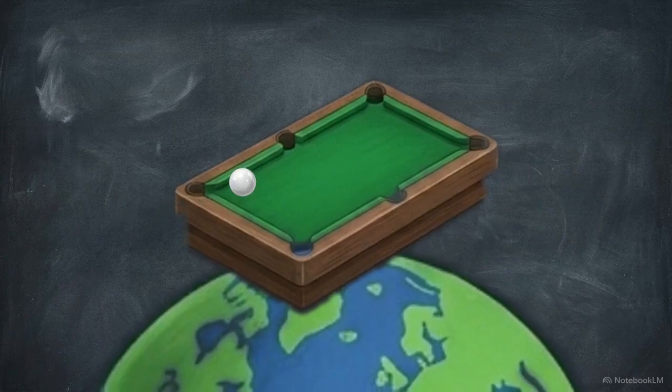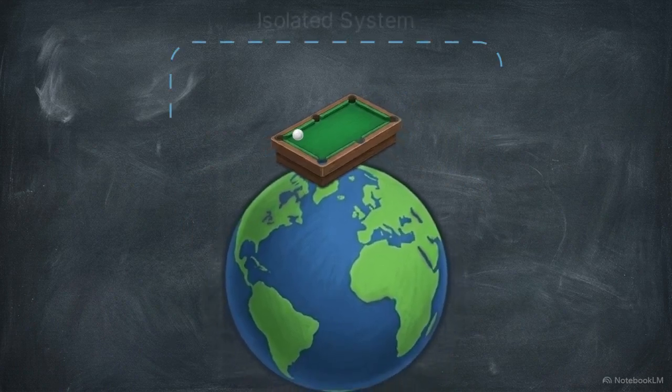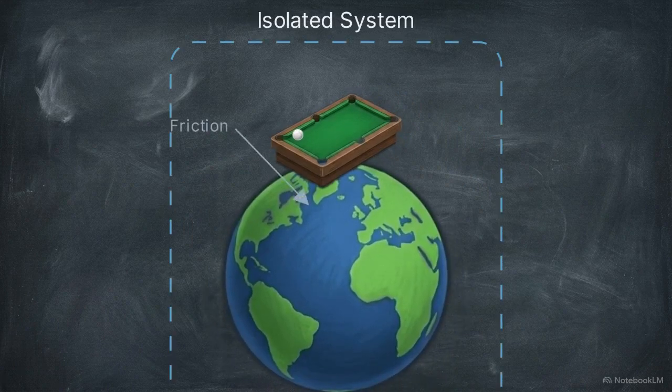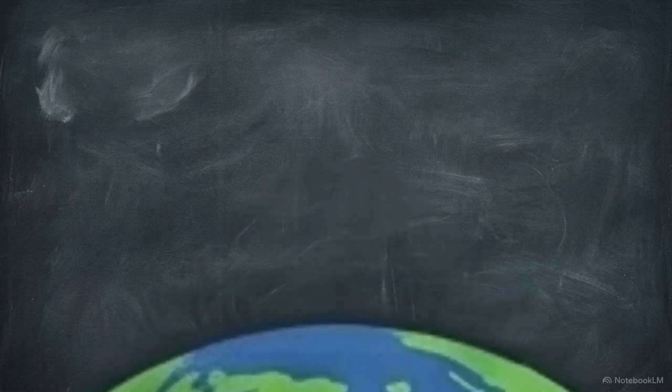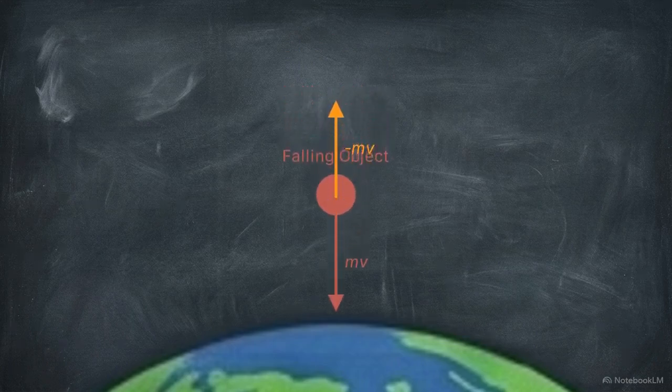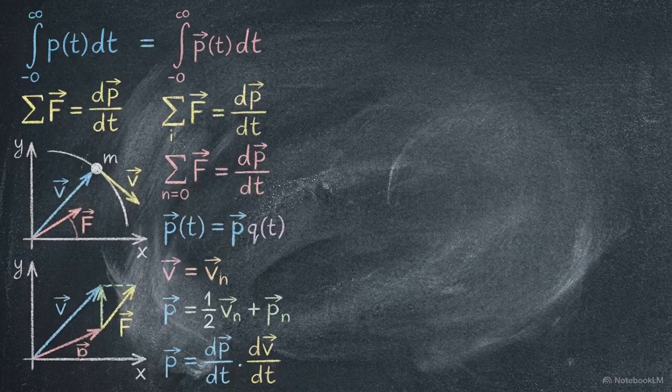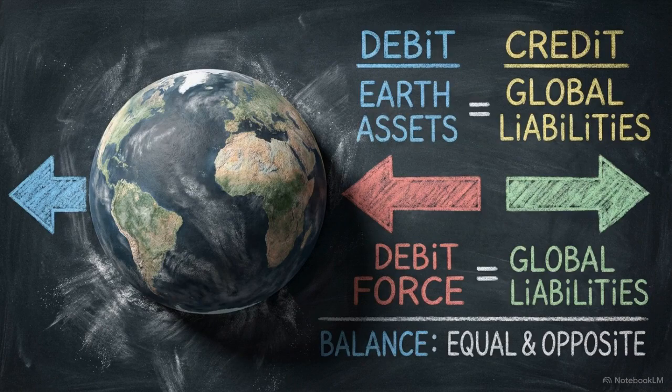Zooming out, this diagram resolves the discrepancy by expanding the system boundary. The billiard table is anchored by friction to the Earth. When the ball reverses direction, the entire mass of the planet recoils, absorbing the change by gaining an infinitesimally small vector in the opposite direction. Gravity enforces this exact same dynamic. As an object falls and gains downward momentum, the Earth gains an equal upward momentum to meet it, keeping their combined vectors perfectly balanced at zero at every instant. Whenever momentum shifts, the universe strictly balances the ledger, even if it requires moving a planet to do so. Motion is never created from nothing.